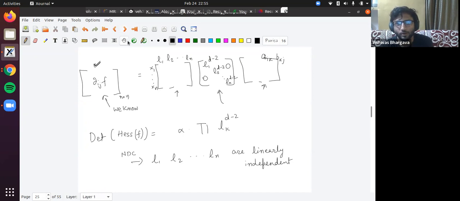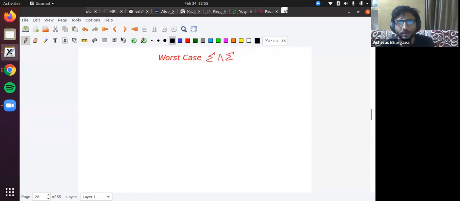So we saw one non-degeneracy condition. It holds for random polynomials. Again, it was very simple in this case because it's a very simple model. The non-degeneracy condition gets really complicated when you go for depth 3 circuits or depth 4 circuits. Okay, now look at the worst case power sum decomposition. So assume f is L_1 to the d, L_2 to the d, up to L_s to the d, let's say. How would you learn the following representation?